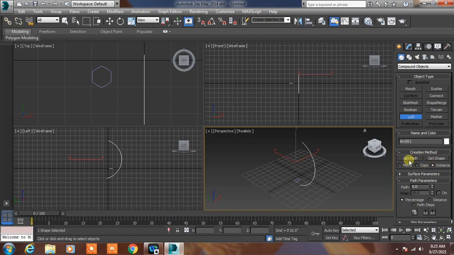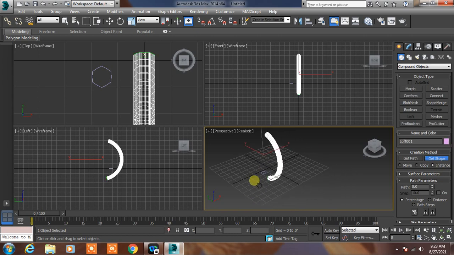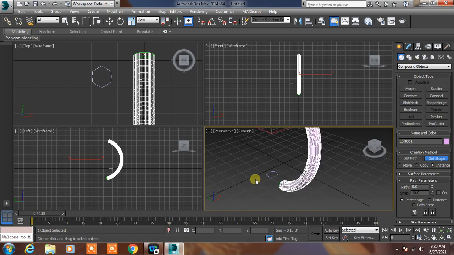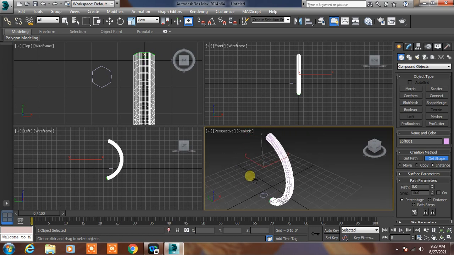One is get path and the other is get shape. Select get shape and just click on the shape. Automatically, whichever shape you designed, that shape of the handle is showing on your screen.